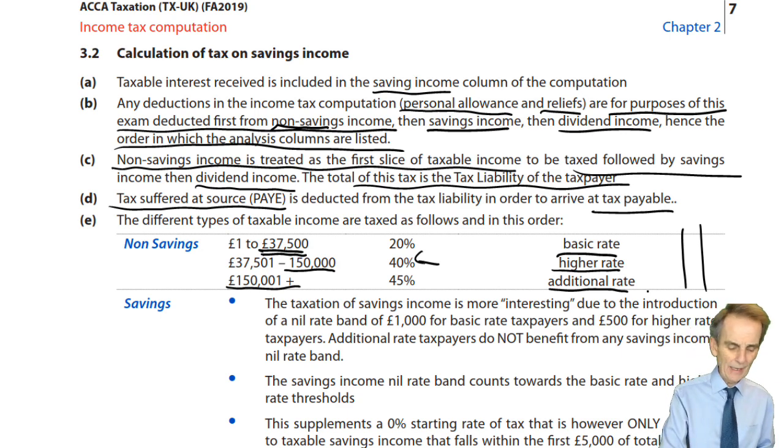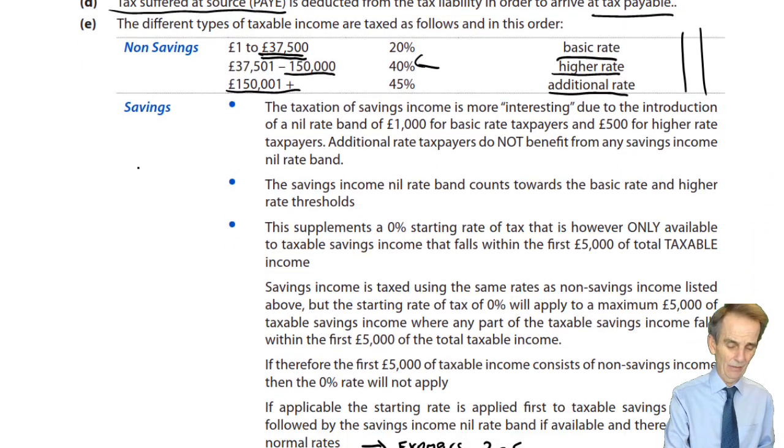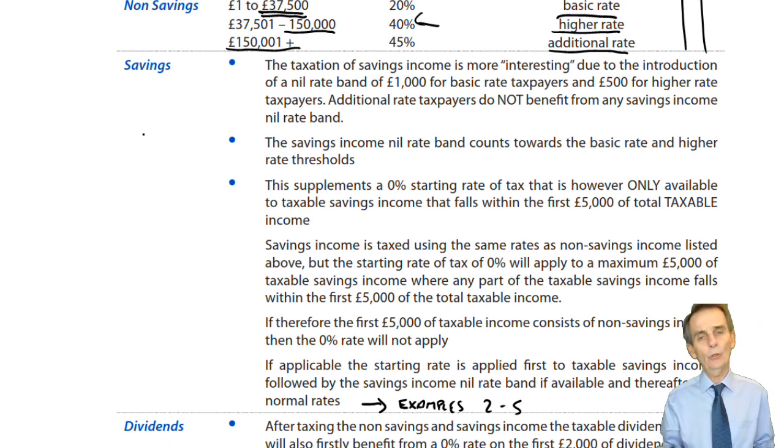So that is all stuff that we already know. So what is it that we now need to add to that fund of knowledge to be able to deal, within an income tax computation, or separately within an individual objective testing question, with the taxation of savings income? I said to you at the end of the last session that this was going to be a little bit more interesting than all we had to do with non-savings income. And that we see now.